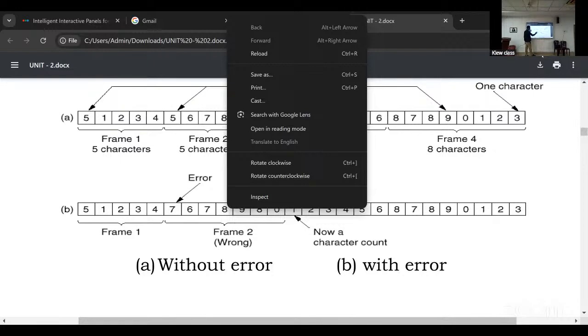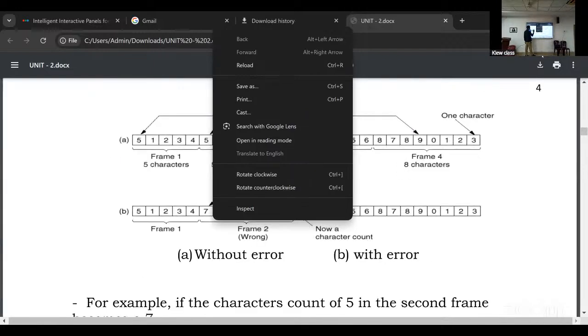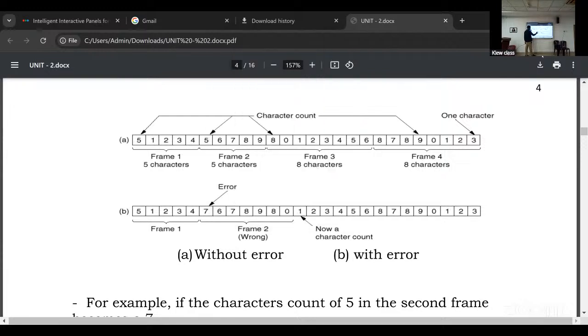Count it: 1, 2, 3, 4, 5. So it should be an error. So character count is the number of characters in a frame that it indicates.